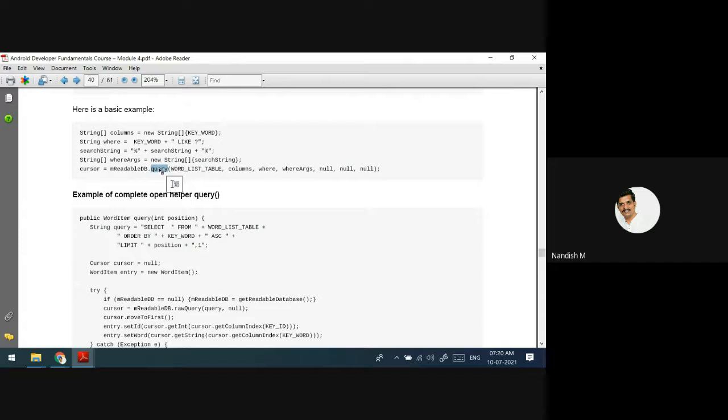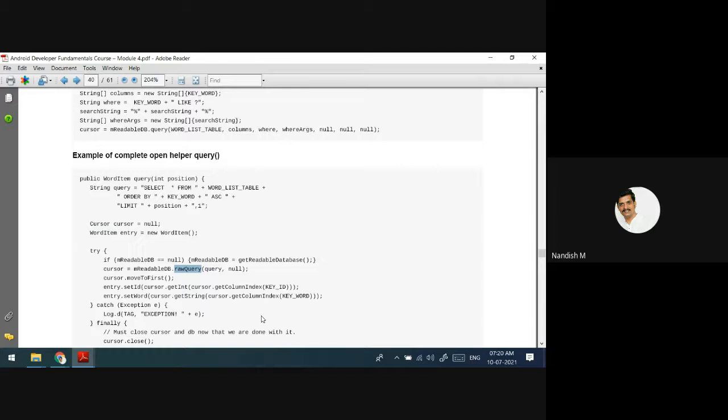One function is query and the other one is raw query. You can use either function. What is it going to return? It is going to return the cursor object. From the cursor object, you can fetch whatever values are there.